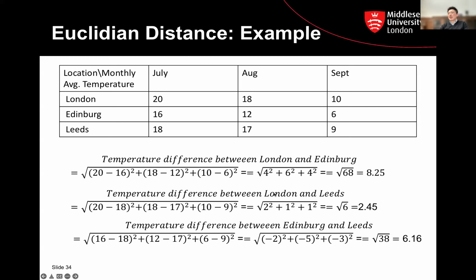Okay, and you can calculate similarly the temperature distance between London and Leeds, which gives you this much. So if it's smaller, you know this is smaller. And then for Edinburgh and Leeds, this is this much. And okay, in the real world,